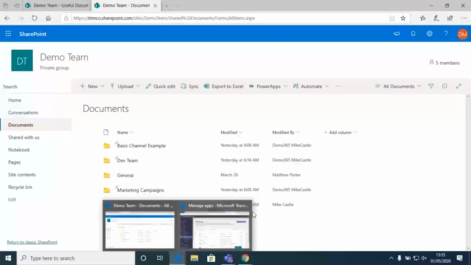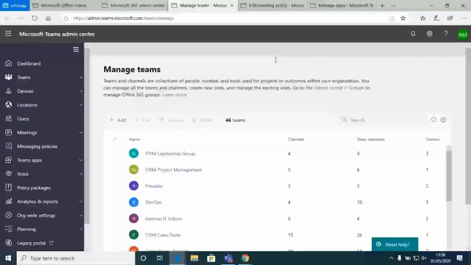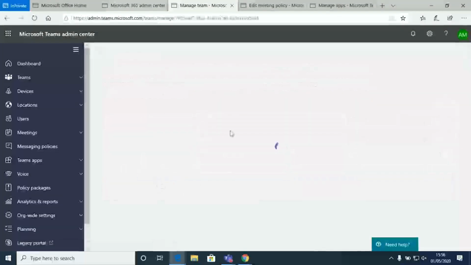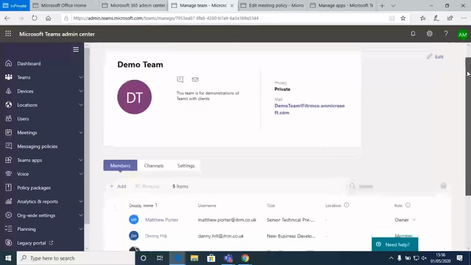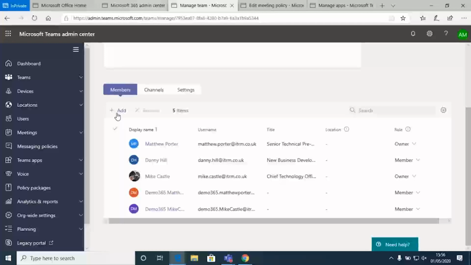We also have a number of other controls with Teams, a number of things that we can do really to make sure as an admin that the data's secure, that everything that we're dealing with is okay. If I just open up the specific team that we've been working with, and that's this demo team here, and as an admin, I've just logged in as my admin session, I can see who's got access to it, I can see their roles, and I can see their permissions. And I could go and add someone, I could remove someone's access dynamically over the top, as well as the owner's control.